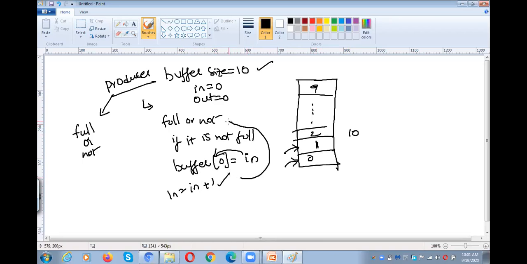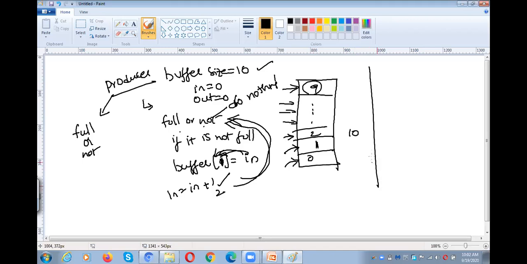After that, again we move to the loop for the second iteration. Second time again we will check whether the buffer is full or not. No. So automatically again we'll keep. Now the value is buffer of 1. We'll keep the item, and again the in value is incremented to 2. Again we will move to the next iteration. Likewise in value 2, in value 3, in value 4, in value 5, like that we'll move to in value 9. Whenever it reaches 9, automatically the buffer is full. At that time, the producer cannot do anything, do nothing. Likewise, iteration by iteration, every time we'll keep one item into the buffer.